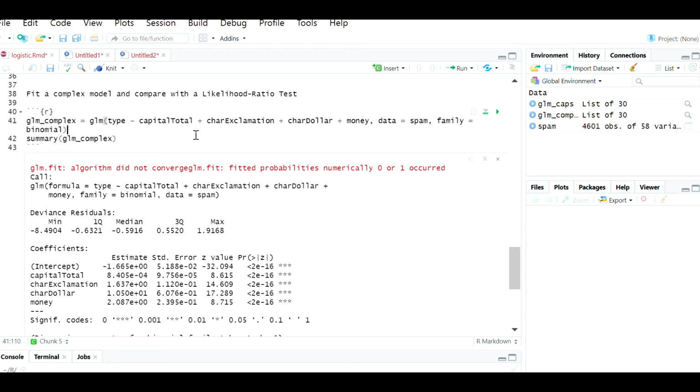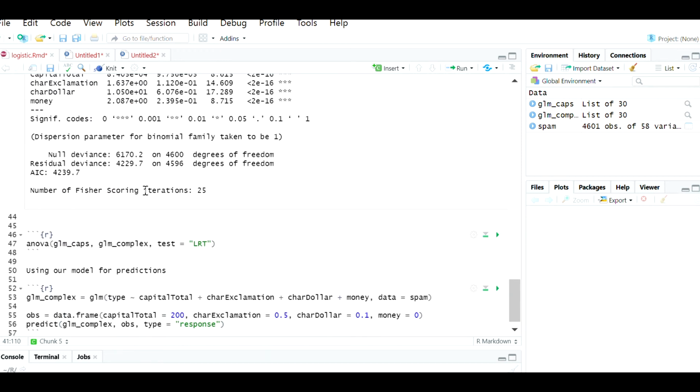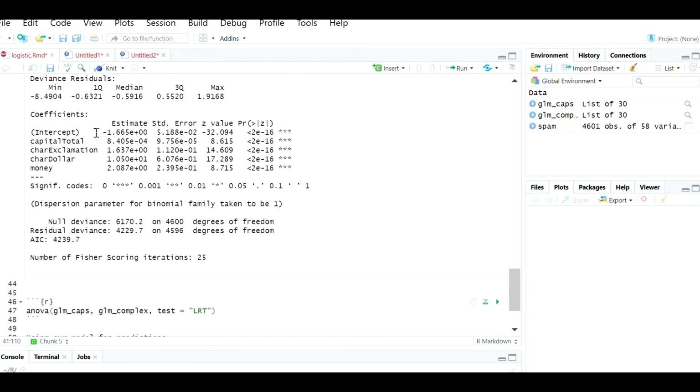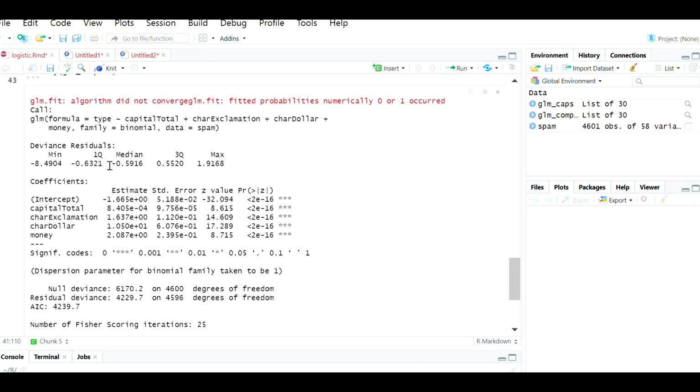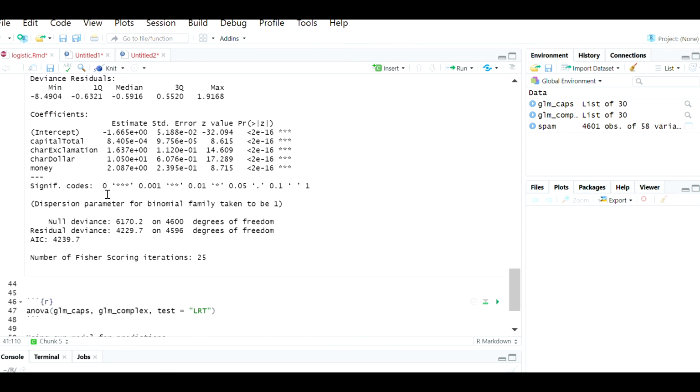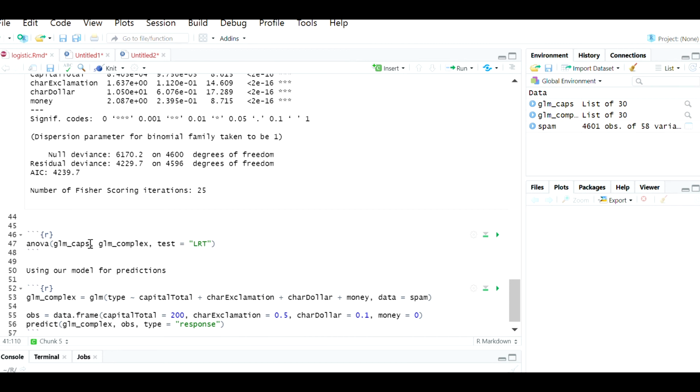So anyway, I fit a model here, and I got a summary. And so maybe one question that I'd like to know is whether or not this model is adding a statistically significant amount of predictive power in comparison to the simpler model that I already did first. So I did the GLM CAPS model first, and so I'm going to just run an ANOVA,